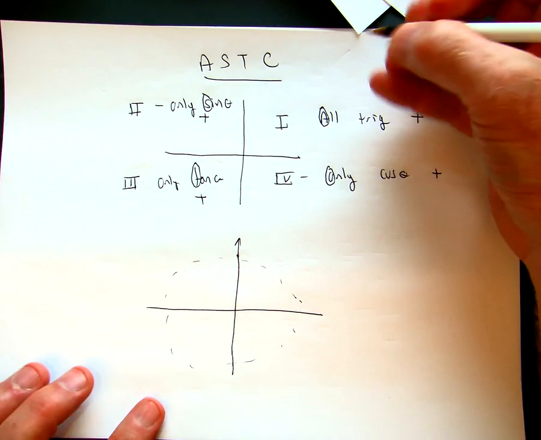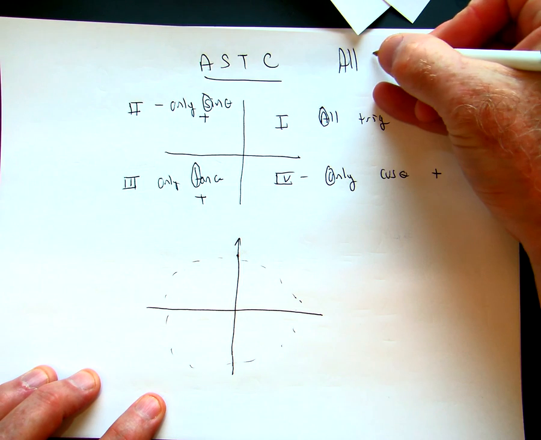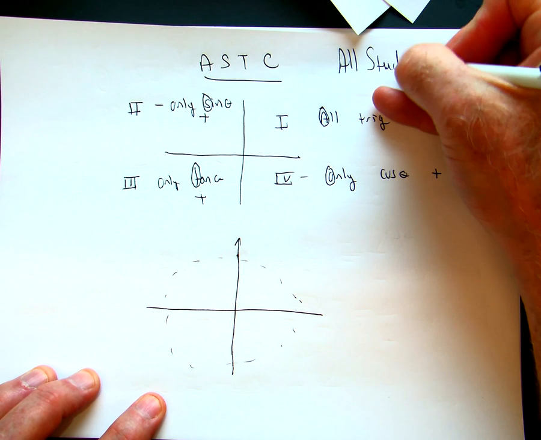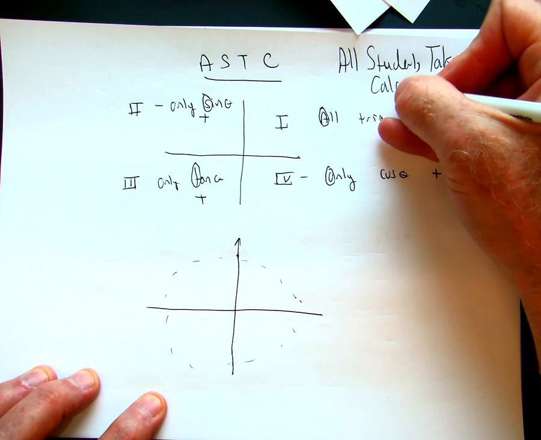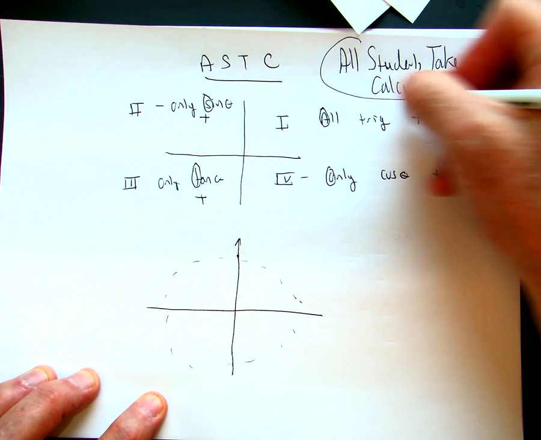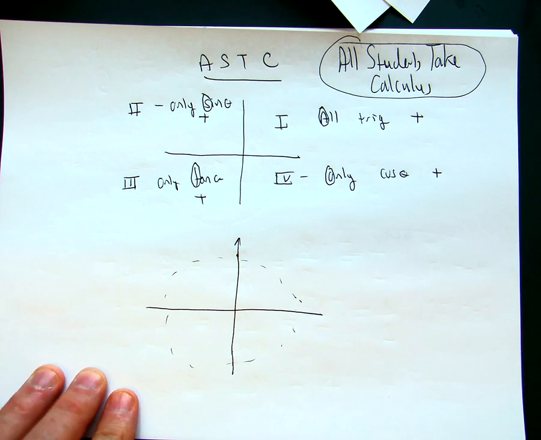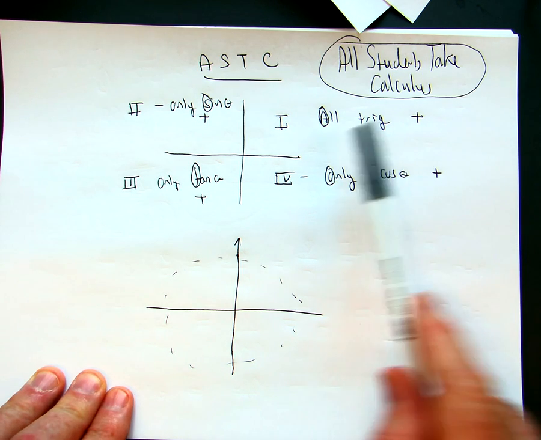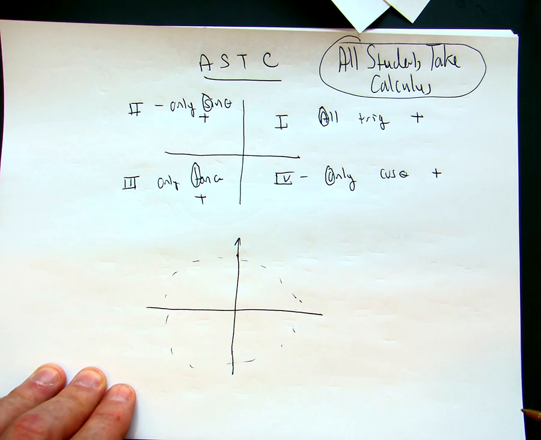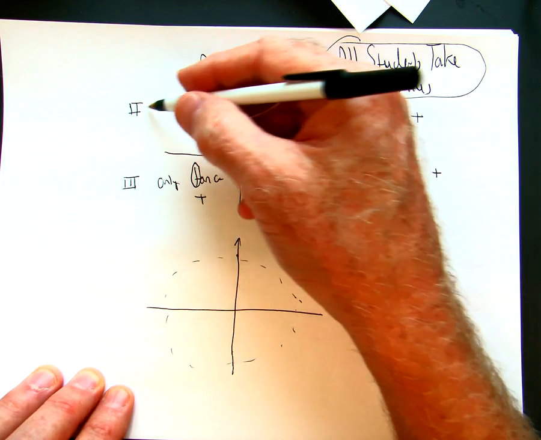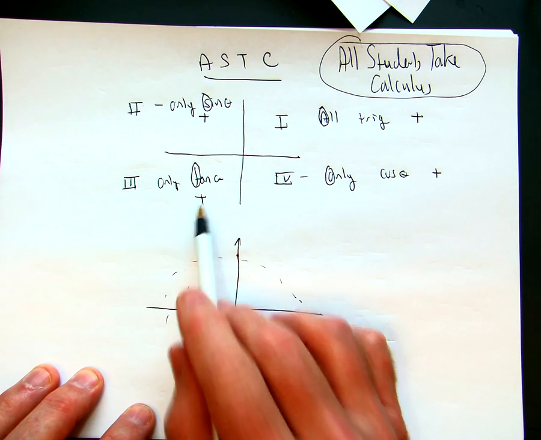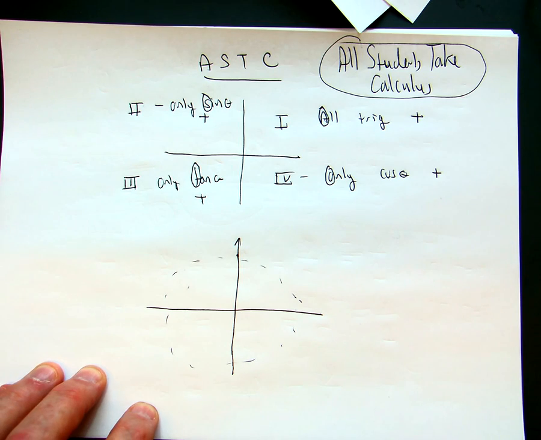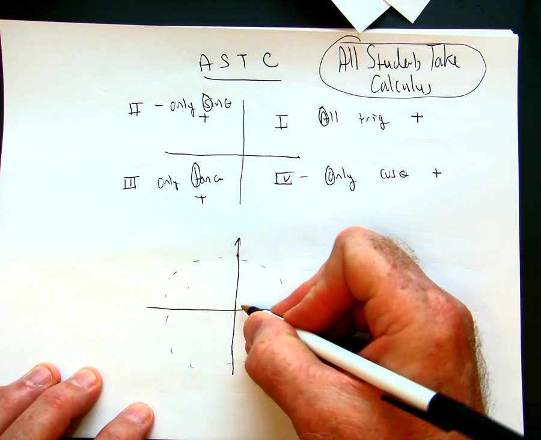Okay, ASTC. What that stands for, a way to remember it at least, is All Students Take Calculus. ASTC. But what does that mean? It's a way of keeping track of when things are positive and negative. In quadrant 1, all trig functions are positive. Quadrant 2, only the sine. Quadrant 3, only the tangent. Quadrant 4, only the cosine. So the way we keep track of that,